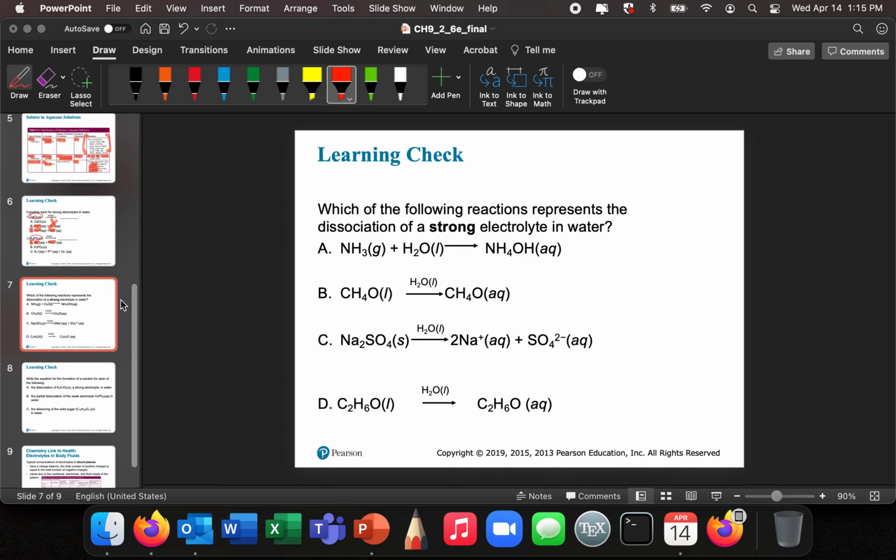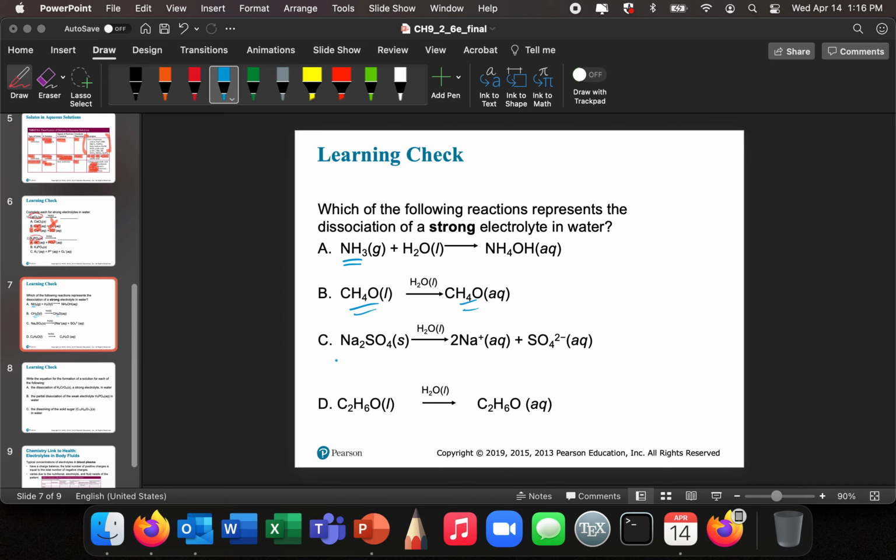Which of the following reactions represents a dissociation of a strong electrolyte in water? Which of these is a strong electrolyte dissolving in water? Pause the video and see what I'm going to say. Okay, so I'm going to suppose you paused it, and I see that this is not breaking up into ions, right? We already learned that ammonia was not a strong electrolyte. This is not breaking up into ions at all,